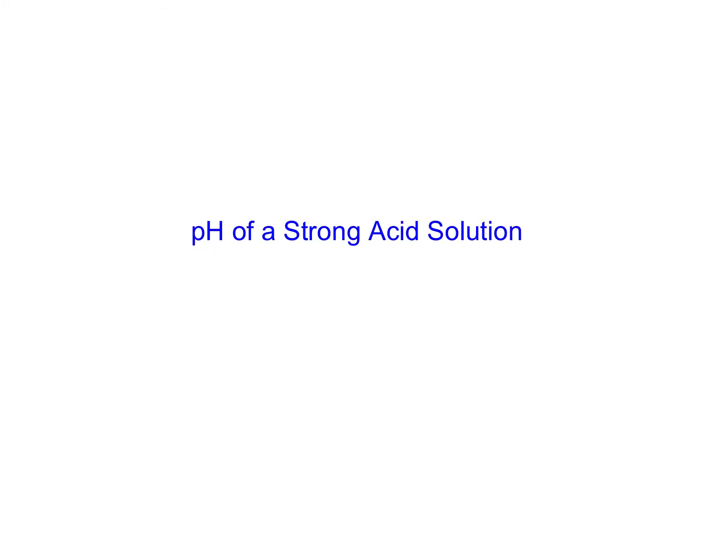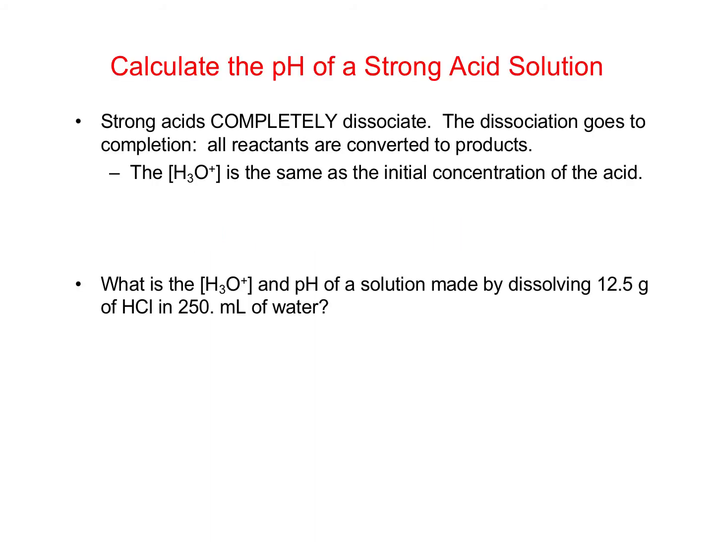In this video, we're going to look at calculating pHs of strong acid solutions. So remember that strong acids completely dissociate. The reaction goes to completion. All of the reactants are converted into products. So if I have something like HCl,